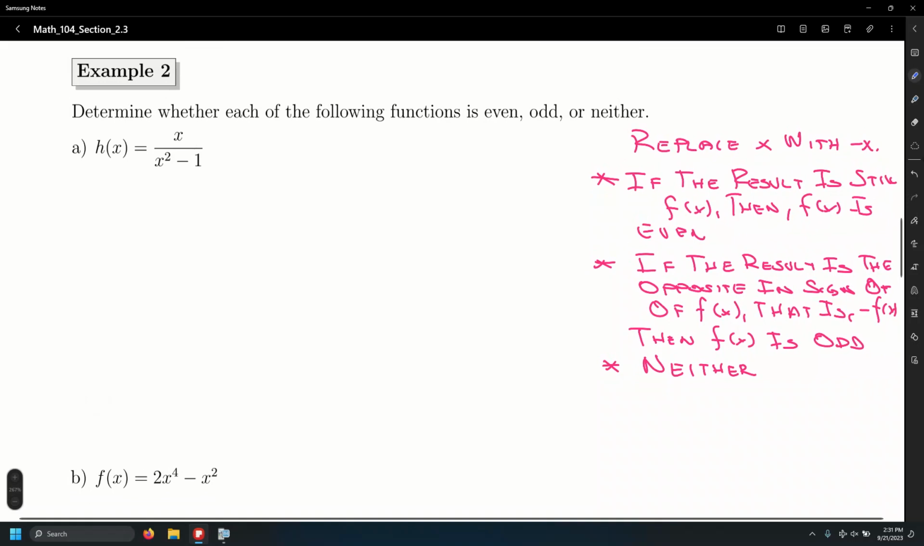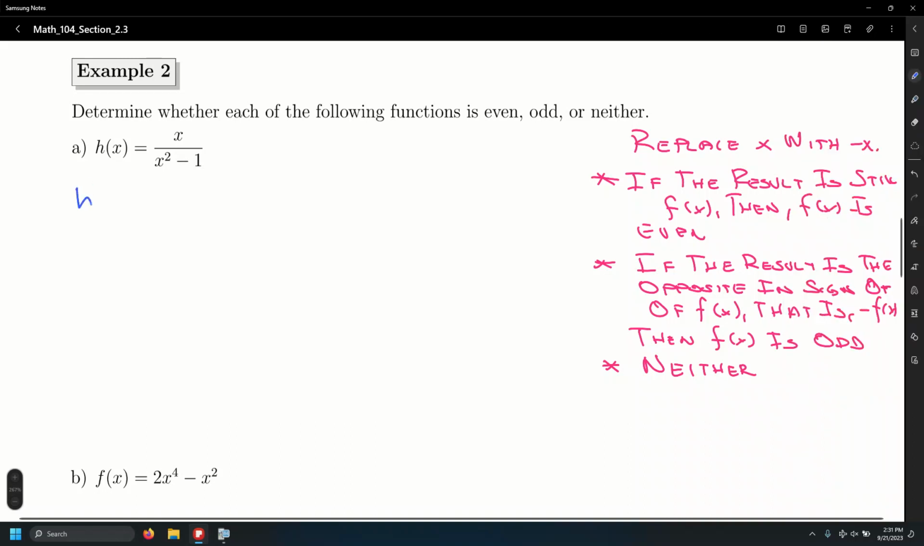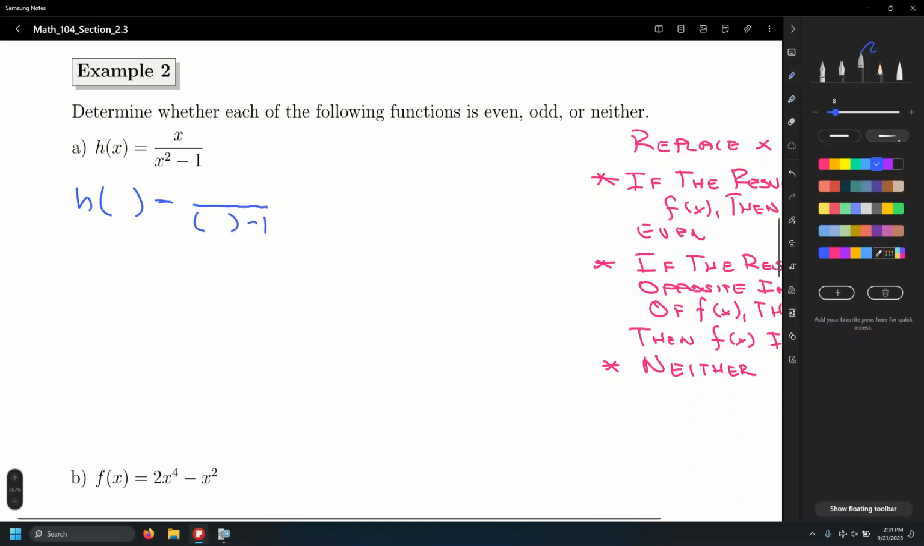H of x equals the quantity x over the quantity x squared minus 1. Let's determine whether this function is even, odd, or maybe neither. All right. So number one, what we do is replace h with the quantity negative x. That is, I'm going to replace this, not this one, that one, with negative x. Replace x with negative x,